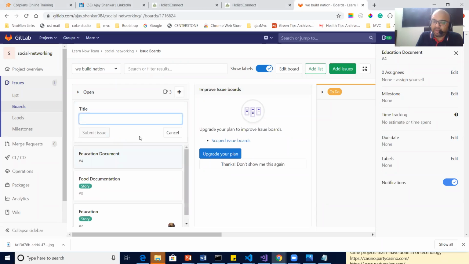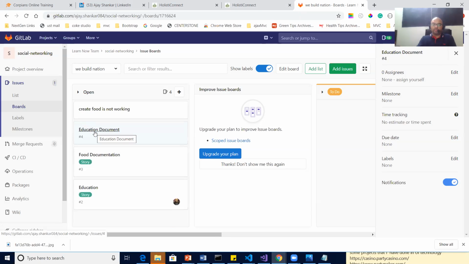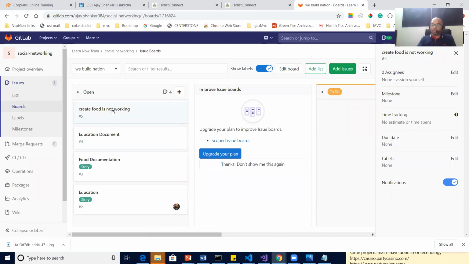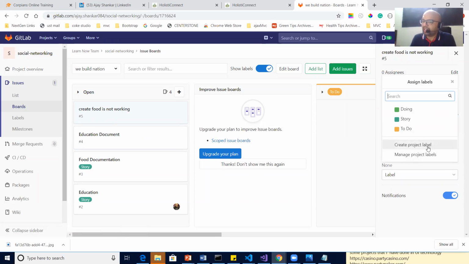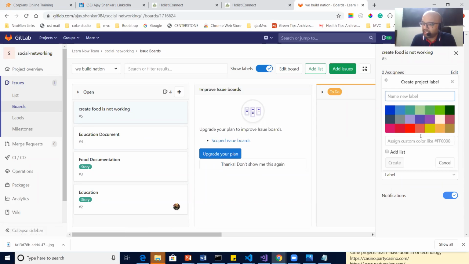For example, let's add a bug. Bug means issue. So the title is create food drive is not working. So what kind of issue is it? It is not a story. It's a bug basically. Do we have a label for it? No. Let's create a new label, red color.